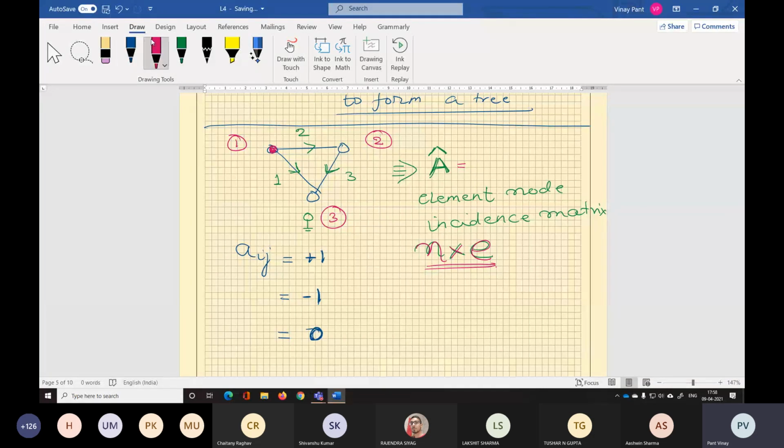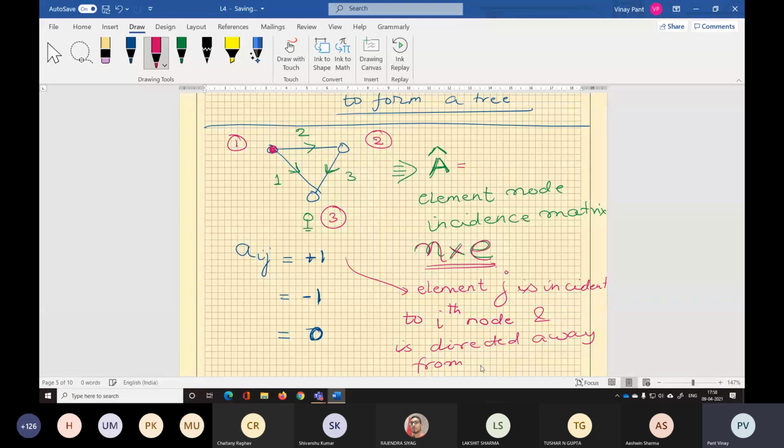Now, when will it be +1? It will be +1 when element j is incident to the ith node, meaning it is connected to the ith node, and is directed away from the node.